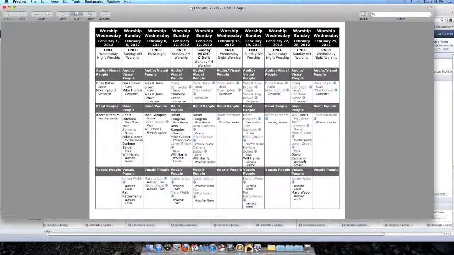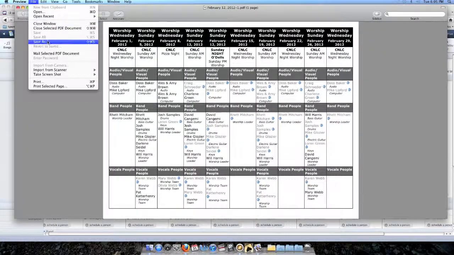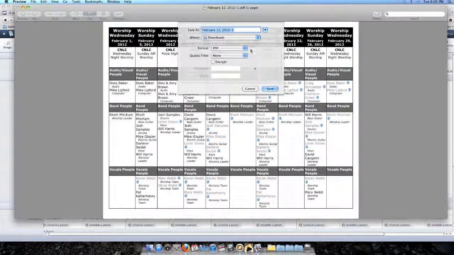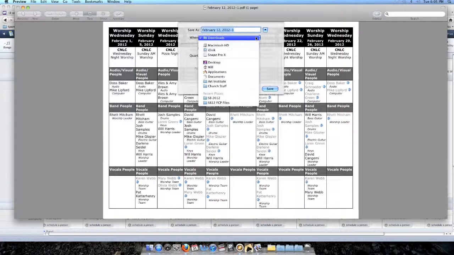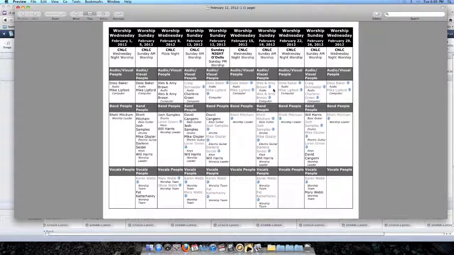And once you get your schedule in this PDF format, you can always save a copy. Save it to wherever you like. I'll just throw that in Church Stuff, that would be appropriate. Save that, and then you can email that file to your people, which, I mean, I thought about doing that,